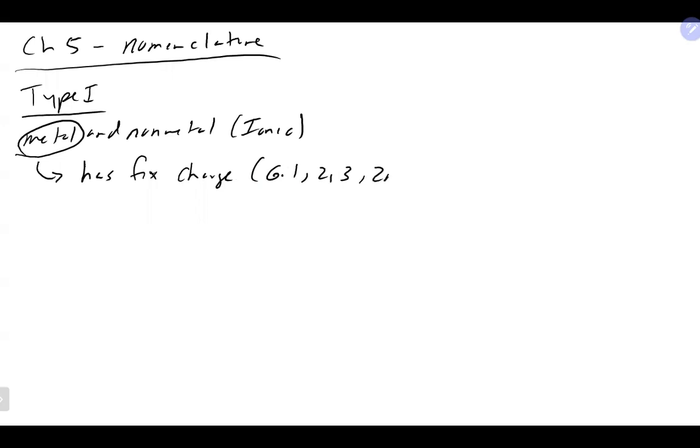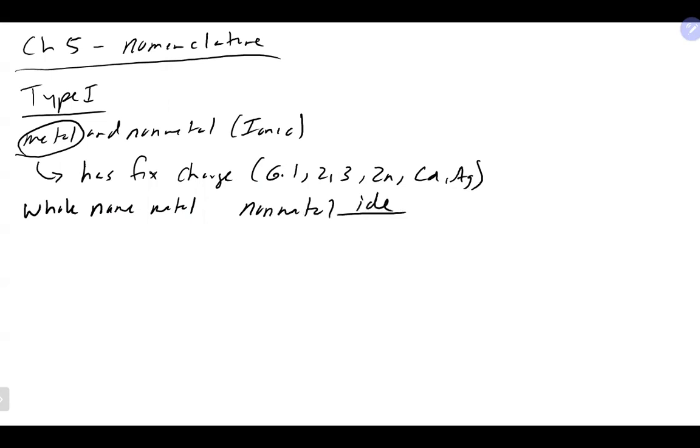From the periodic table, zinc, cadmium, or silver. They basically have a fixed charge, which means you just use the whole name of the metal. On the non-metal, you drop the last part of the name there and you add an IDE on it. So again, something like NaCl, there being sodium. So that would be